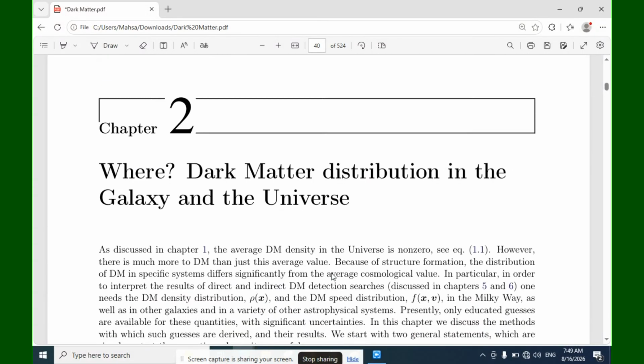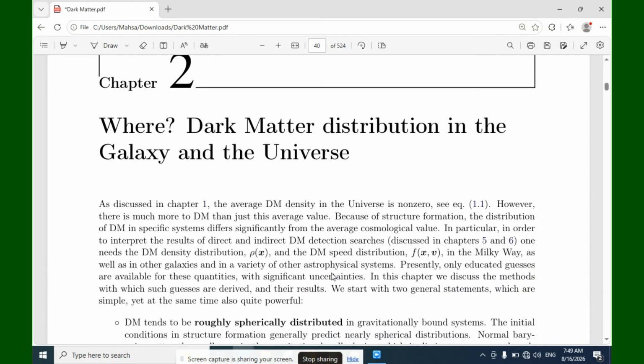Now I want to go to the next chapter, on dark matter distribution in the galaxy and the universe. As discussed in chapter 1, the average dark matter density in the universe is non-zero, see equation 1.1. However, there is much more to dark matter than just this average value. Because of structure formation, the distribution of dark matter in specific systems differs significantly from the average cosmological value. In particular, in order to interpret the results of direct and indirect dark matter detection searches discussed in chapters 5 and 6, one needs the dark matter density